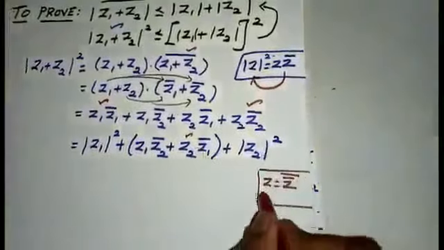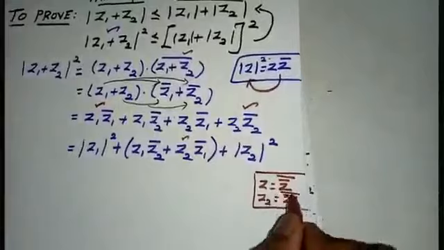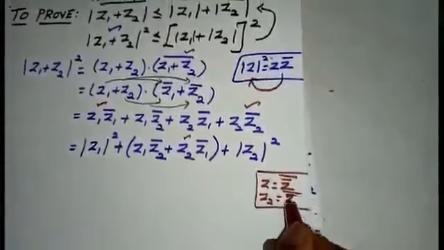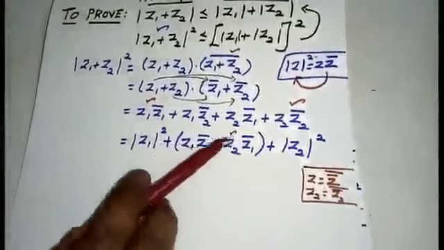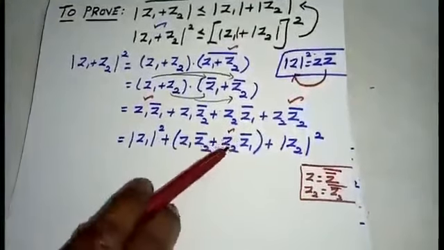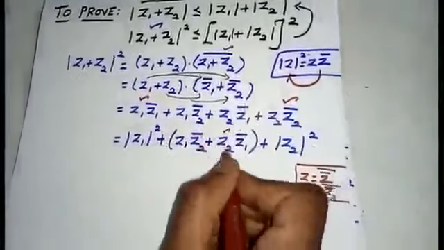So in place of z2 I am going to write z2 bar the whole bar, double bar. Why I am going to write like this is, I want to write in this format, that is z1 z2 bar. The second term inside the bracket should also be in this form, that is z1 z2 bar. So this place is very important.